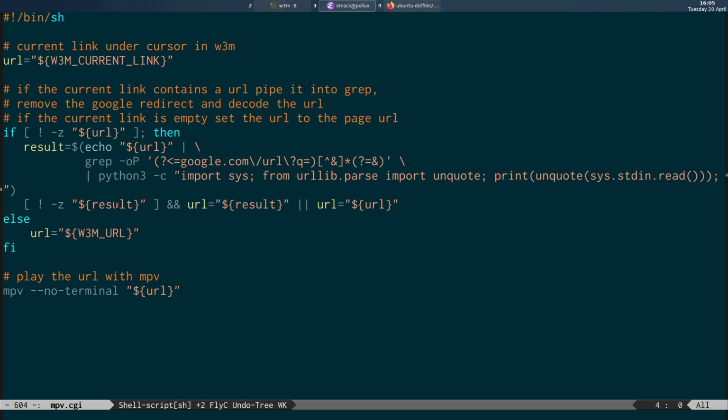So what we can do is create a CGI script and create a variable called URL, for instance, and we set that to be the variable w3m current link, which is going to be the link under the cursor. Now in this next section we're saying if this contains a link, then we're going to create a new variable and store the output of this command. So we're going to echo the URL through grep, and we're searching for google.com